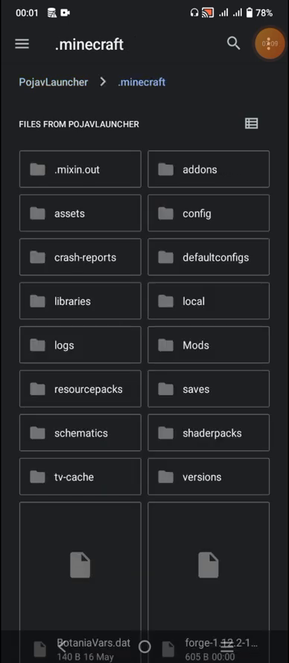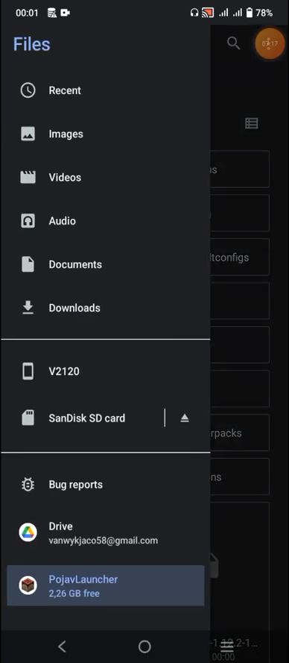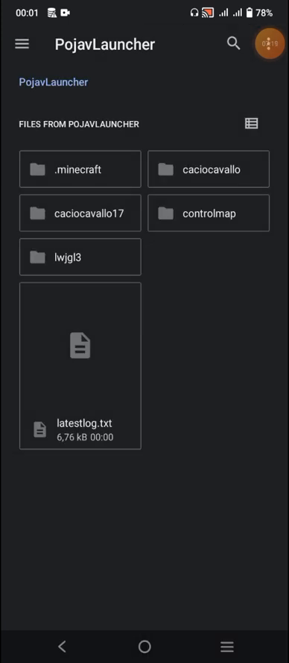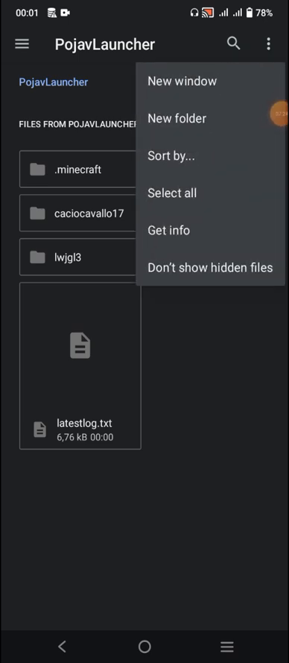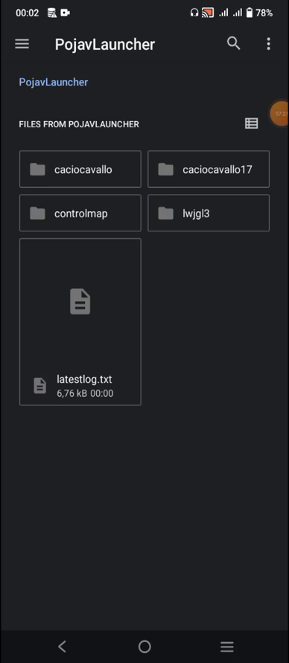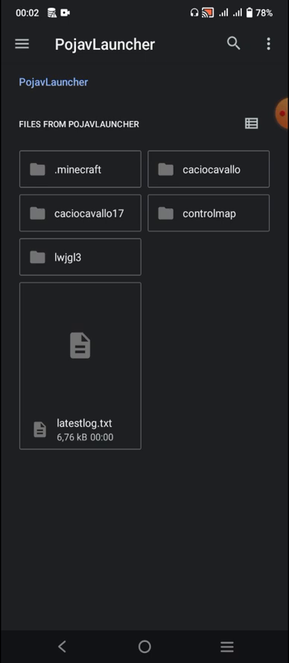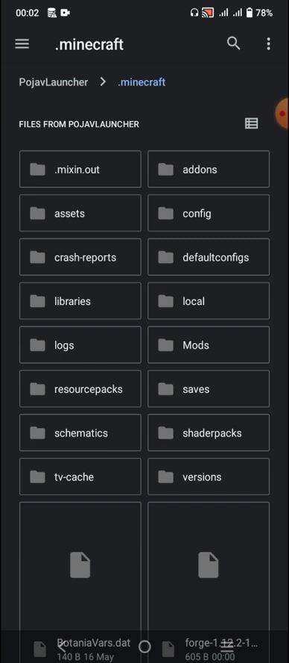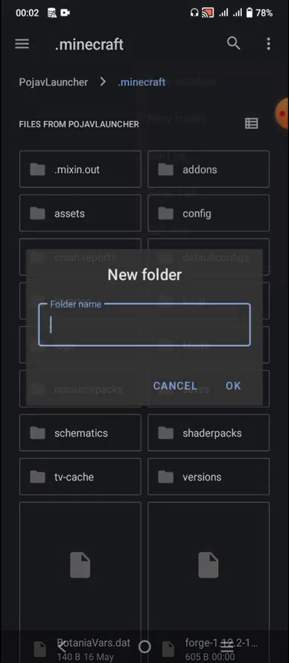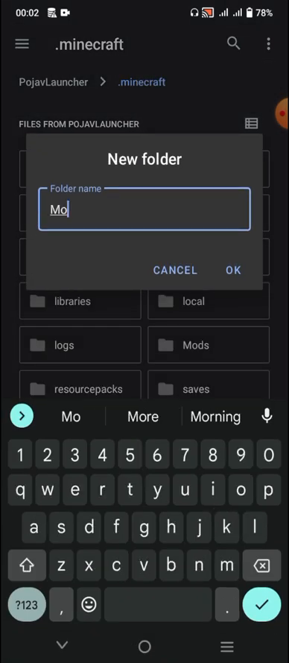And then I don't know if there's going to be a mods folder by default. If there's no mods folder in here, look, when you go into Files, you go to Pojav launcher. If you don't see the .minecraft, you just go here, like this. If it looks like this, you do show hidden files, and then you should have the .minecraft. You go into .minecraft. If you don't have a mods folder, you just go on top, new folder, you type in mods,